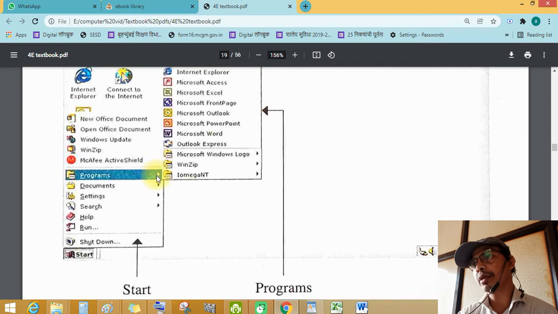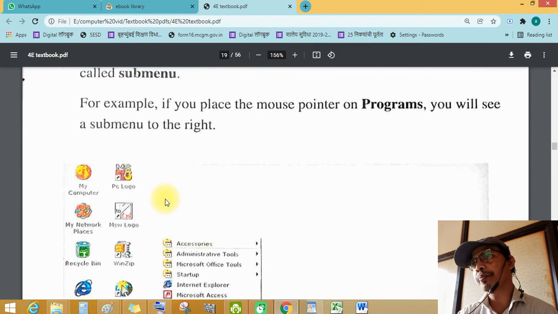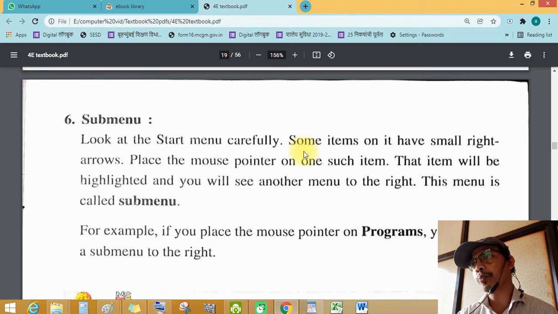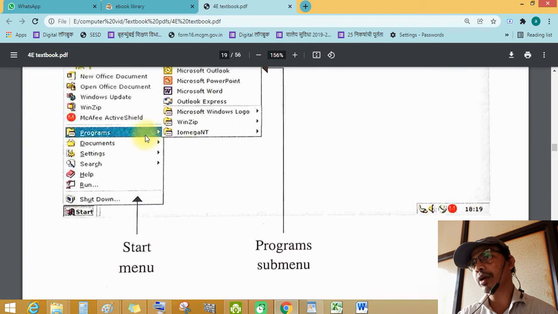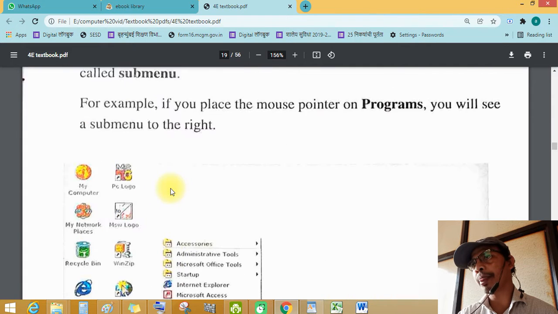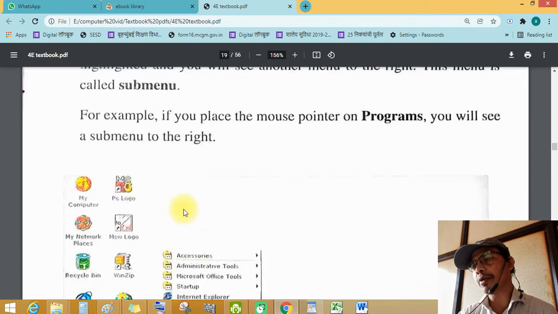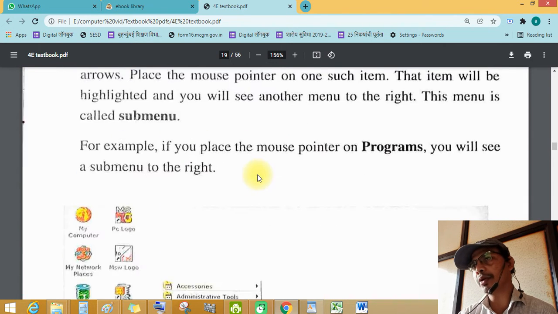See this program, this arrow. See this submenu carefully. Some items have a small right arrow. See this one, documents, settings and such items have a right arrow. When highlighted, you will see another menu to the right. This menu is called a submenu.